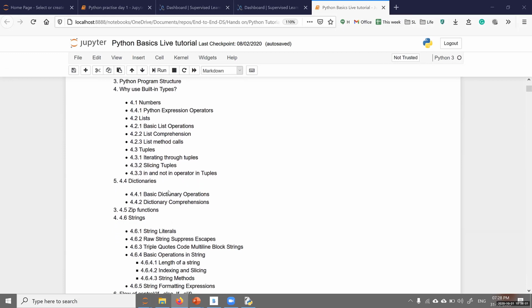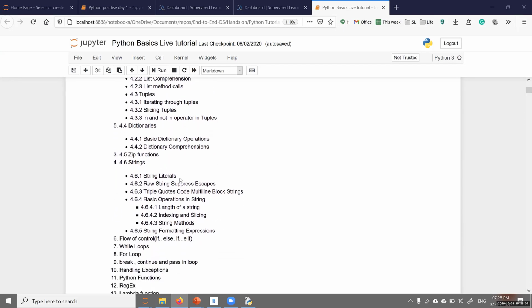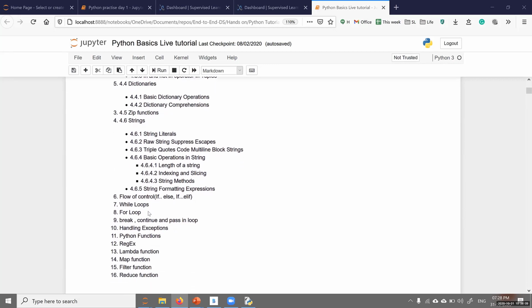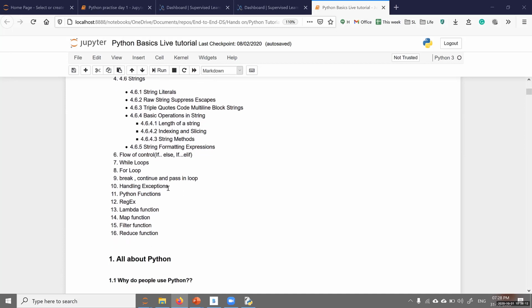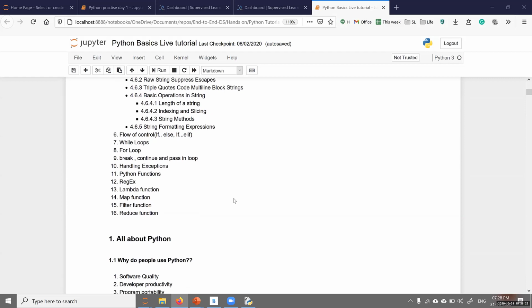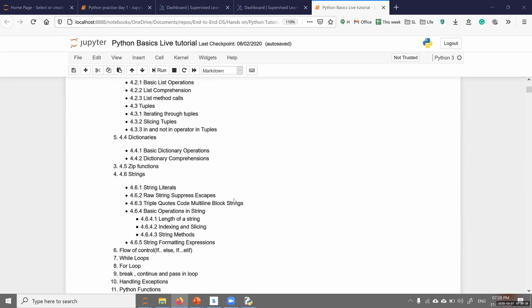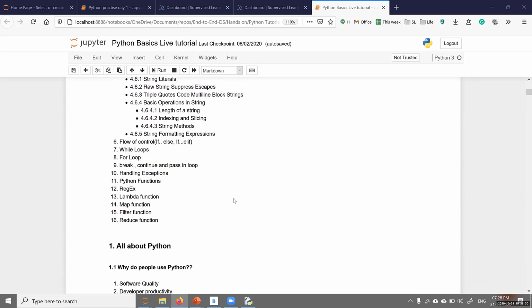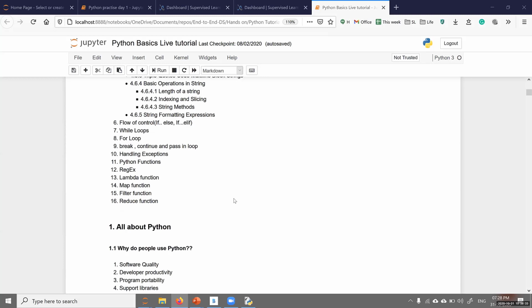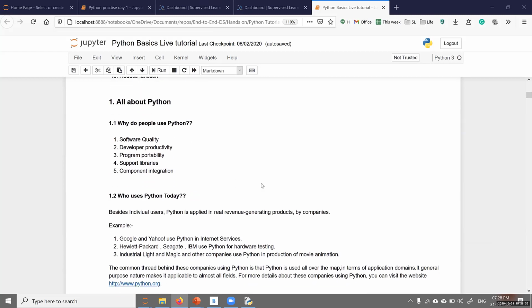And then we'll go to dictionaries and strings, and then of course flow of control like loops, while, for, break, and then handling exceptions, a bit of it, not in detail. Then some more functions so that it helps you in your hands-on, right? This is the flow of the tutorial. I think it will take two more sessions. So if you're good with all this and you are able to do it, then I'll leave it up to you if you don't want to attend the class also.